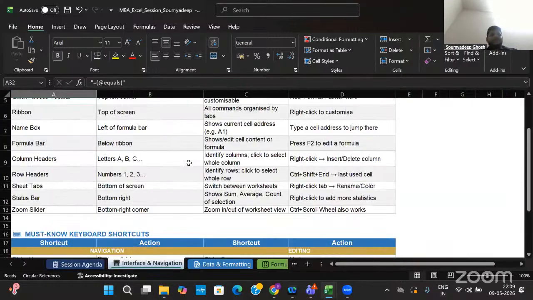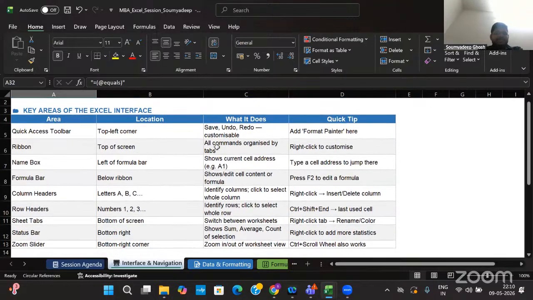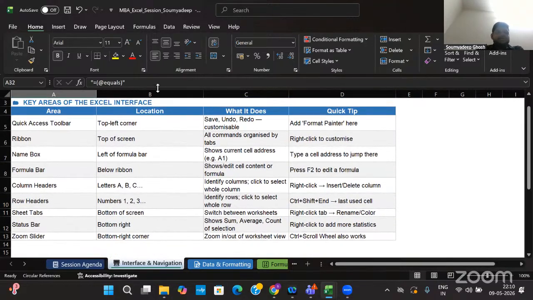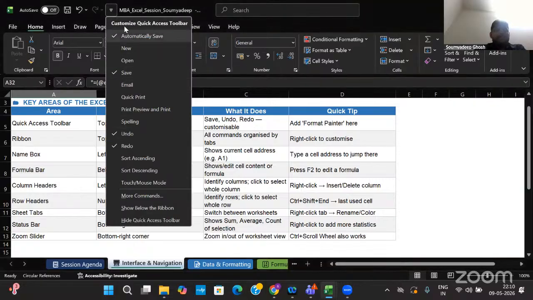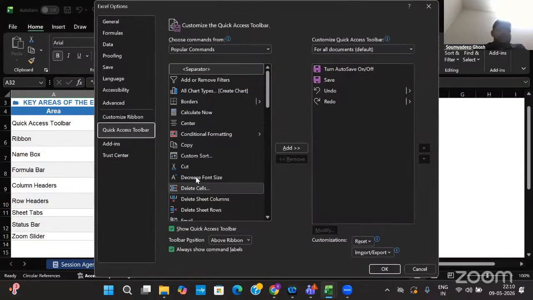I'll move on to the next tab where we have the description of these features. This place is called the Quick Access Toolbar. You can edit this one. If you're using certain things very frequently, then you can simply add them. How to add it? Just click over here. There is one very useful thing, that is Format Painter. We use it very frequently, and it is here. And there can be cases where the ribbon pane is hidden, or you want to click that one very frequently. Then how can we do it? We can go to the Quick Access Toolbar.